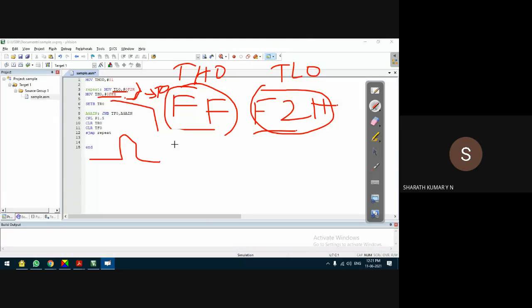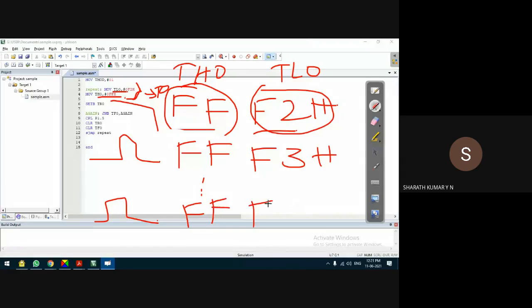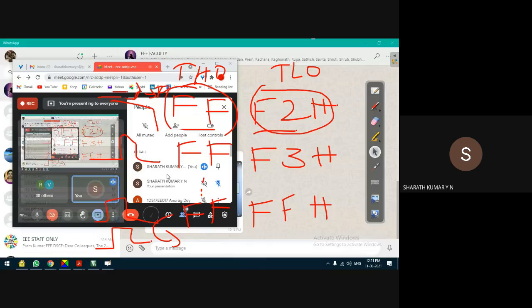On the next clock pulse the count comes FFF3H. This continues. Last clock pulse FFFFH. On the application of next clock pulse, the counter resets to 0. Since it is a mode 1 operation, it will automatically reset back to 0.